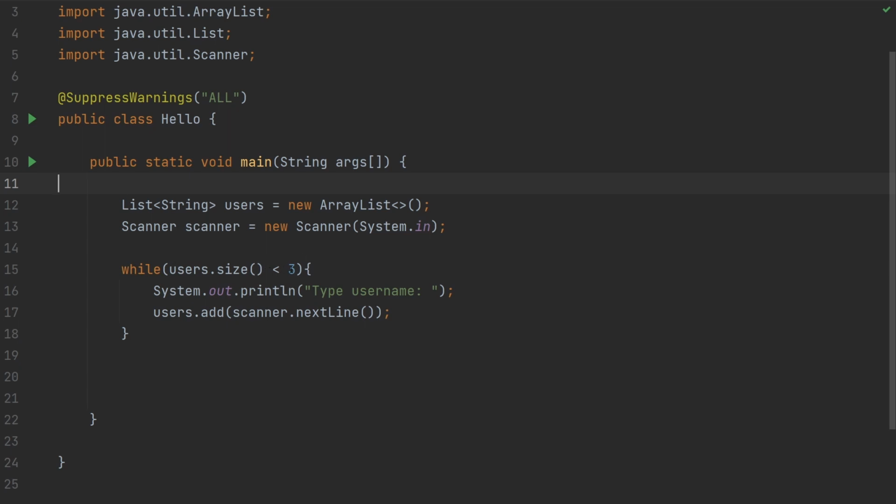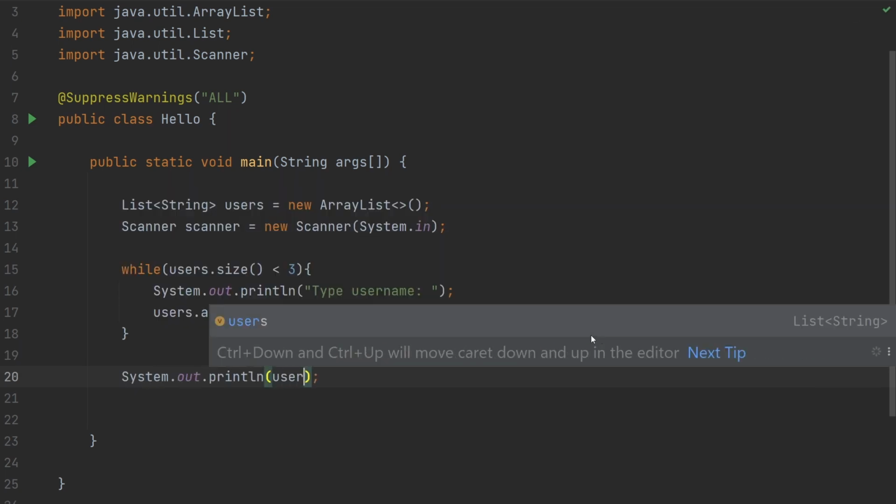Okay, it's still lower than 3. Go again, type the username, gets the scanner, come back again. User.size is 3. Is 3 lower than 3? No, 3 equals 3. So that condition is no longer true. As long as this is no longer true, this is not going to be executed, and then it goes out of our while block. So let's just print our list here,